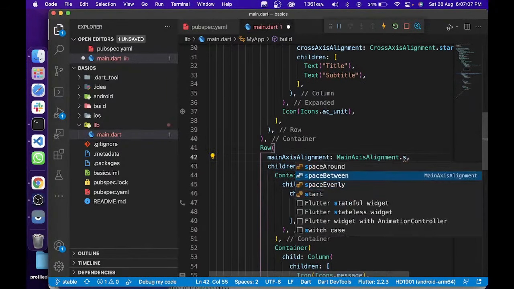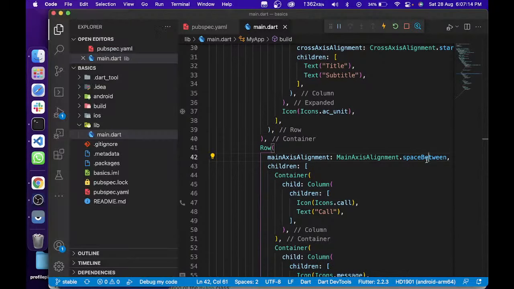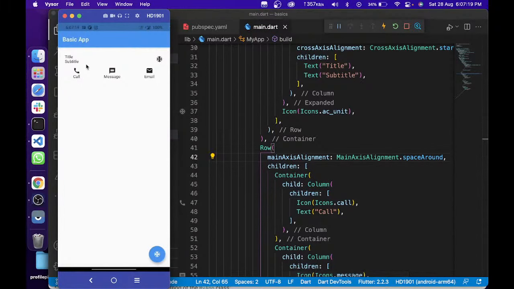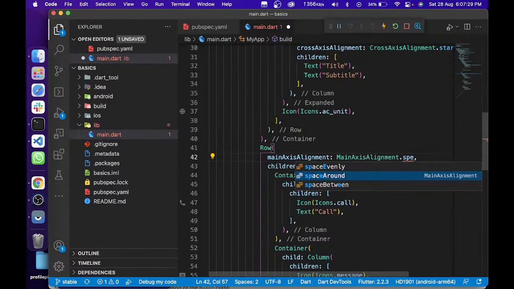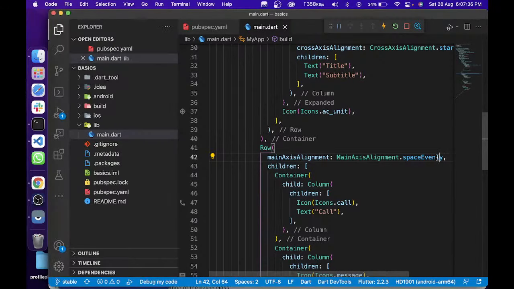If you keep space between, it will keep the space in the center of them, but not around them. Then there's space around. It's very similar to space evenly, but sometimes we can see a difference. Space around and space evenly are sometimes similar in the view, but I'd better say use space evenly or space between. So in our case, it's space evenly. By the way, if you want to see the difference between space evenly and space around,